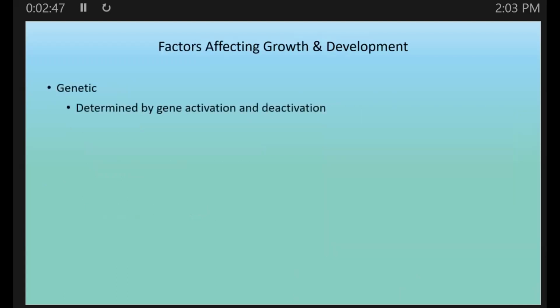And you certainly have a lot of genetic determinants, what's going on with the chromosome, what genes are there. Certainly that is going to play a large role, but plants are very plastic in the sense that they can respond to their environment in a very fluid manner. And so the environmental, nature versus nurture type idea goes for plants as well as for animals. And so I think you could easily come up with this list yourself if you just think about some of the things that we've talked about in terms of what impacts the plant. And this is not exhaustive, just kind of giving you the examples. So we have,